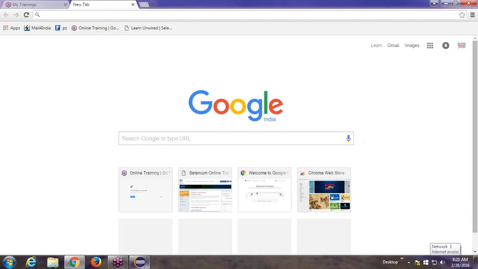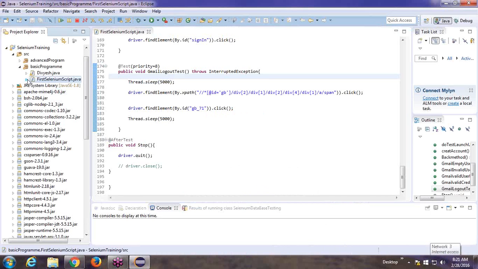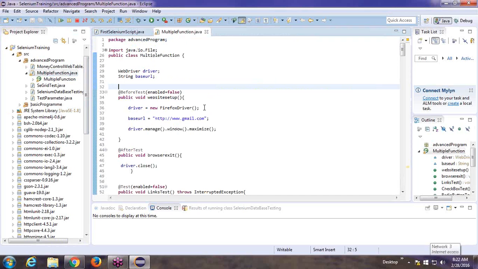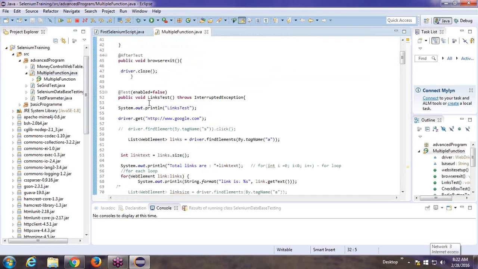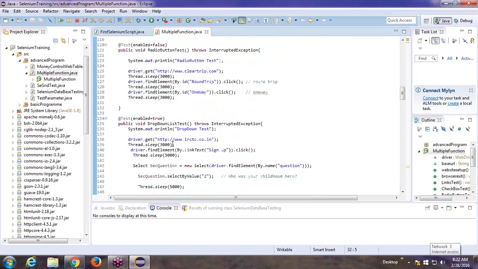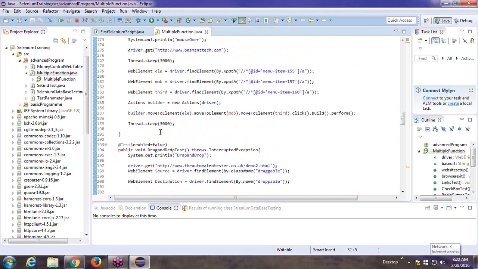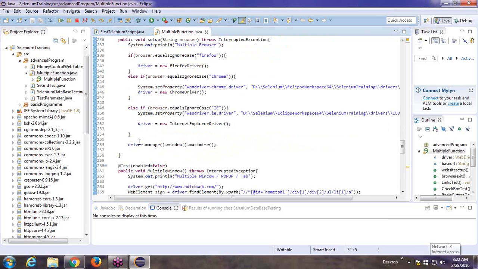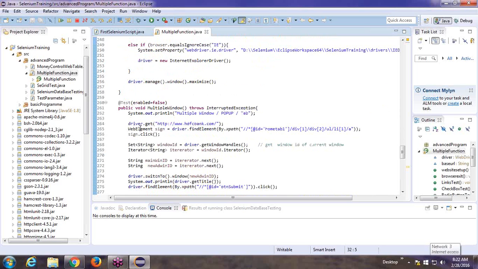So we are moving to our next topic. This is our advanced topic. Last Saturday and Sunday we had discussed multiple functions. In a web page we have a number of elements: links, checkboxes, radio buttons, dropdowns, then mouse over functions, drag and drop, how to take a screenshot, browser settings, browser compatibility, changing browsers for multiple browser execution, and multiple window handling like pop-ups,